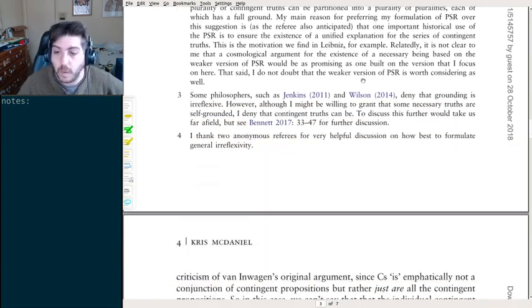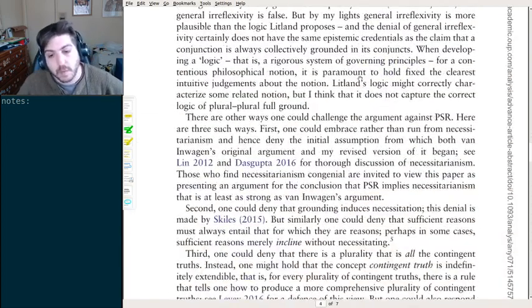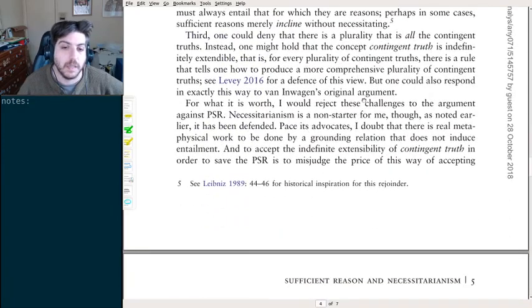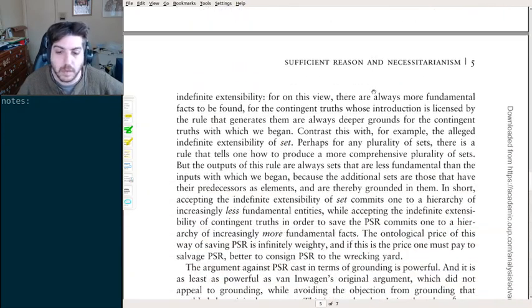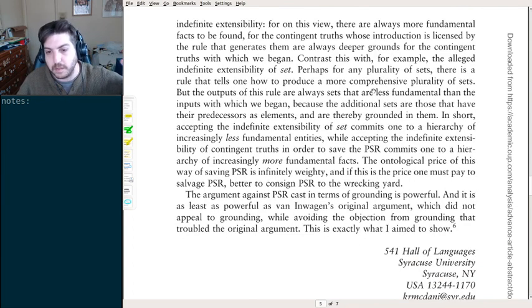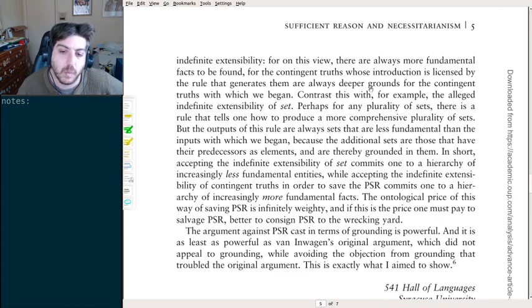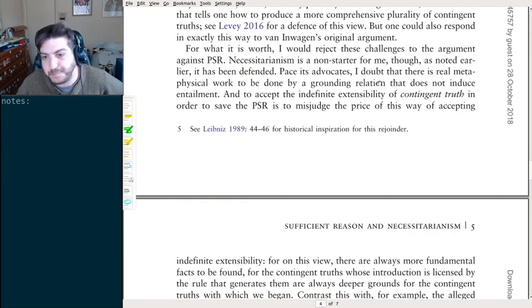So, did McDaniel do a good enough job in convincing us that those groups can't do what the proponent of principle of sufficient reason wants? Perhaps. If you agree to this sort of picture, I think the argument generally goes through. The question is, of course, exactly what do you mean by groups and how are they structured? And this is the indefinite extensibility of contingent truth. This is really where everything hangs.